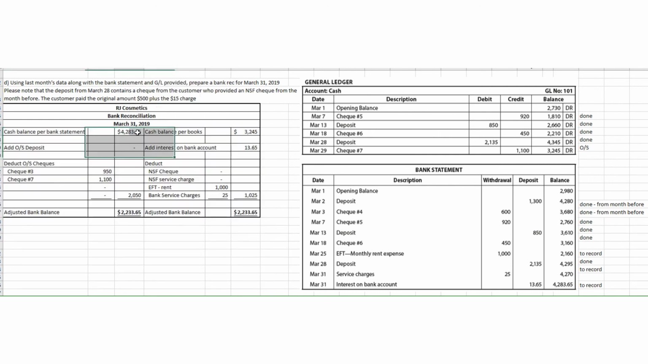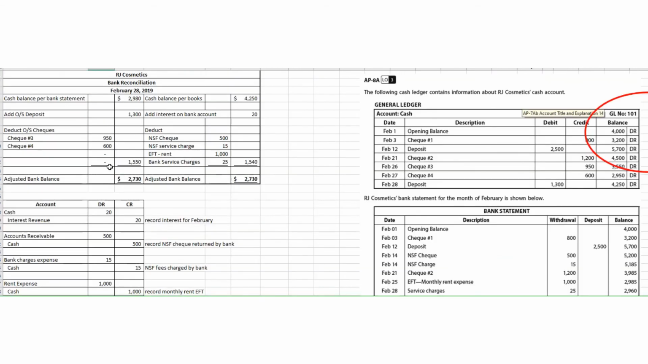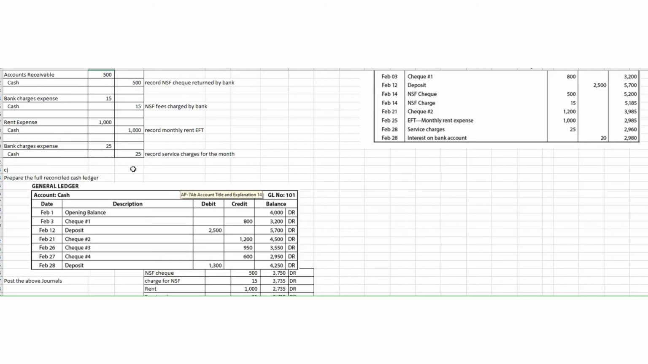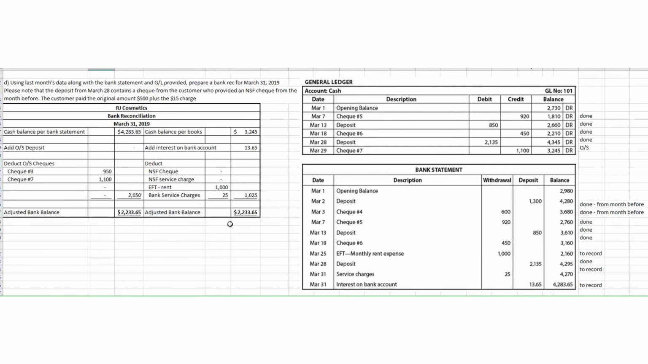So if I roll that forward, we've got our cash balance per bank statement of $4,283.65. We've got outstanding items of $950 and $1,100. Okay, so check number 3 did not clear yet. So if you look at this month, check number 3 was outstanding the month before. So if we go back up to our previous month reconciliation, check number 3 was outstanding. You roll it forward to the new month, check number 3 still did not clear. So, and then we have check number 7 did not clear. So our adjusted bank balance should be